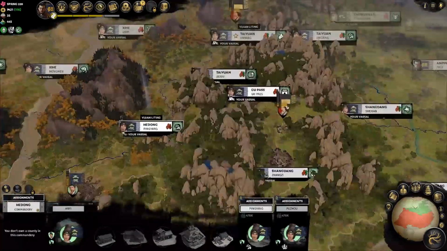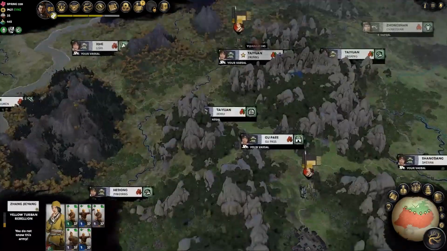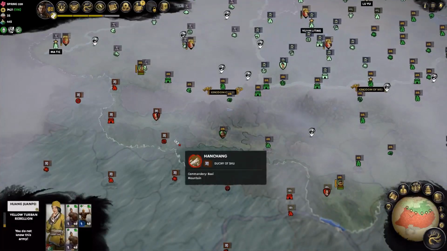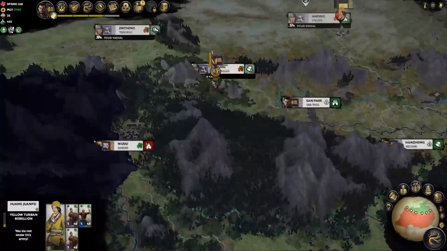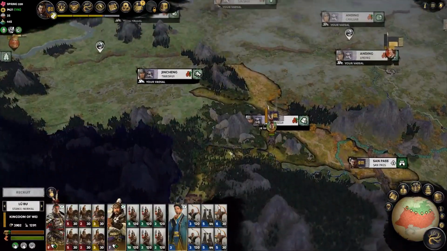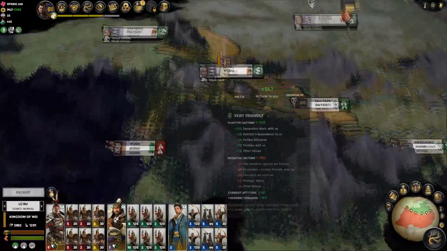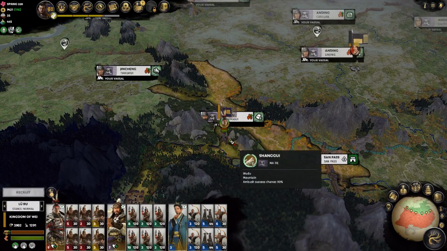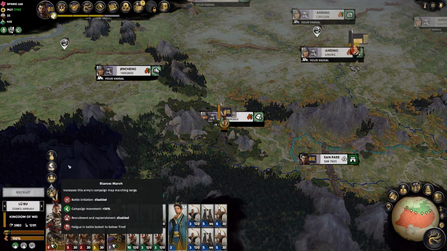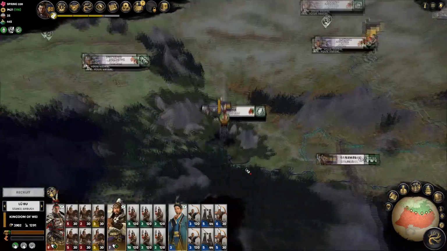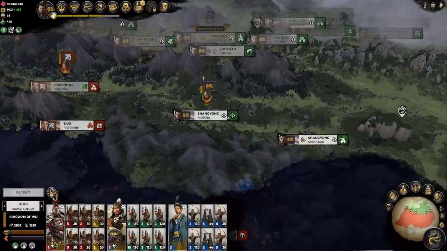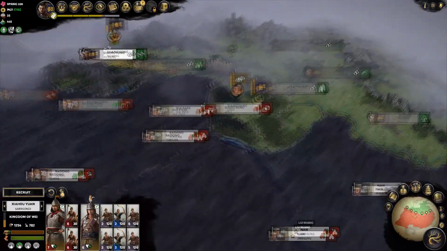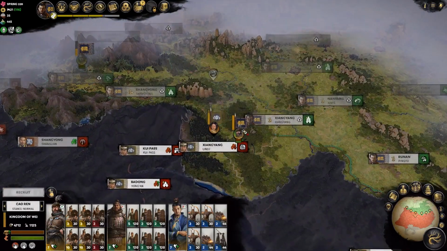Right now, our allies are actually having a lot of problems with yellow turbans. It seems like that's something they have to deal with. But we can't help them. For now, we're gonna have to move out, and I'm fearing that they probably have set up an ambush down here, so you know what? We are gonna do the same here. Hopefully they can spring the trap. Here, this is basically gonna be a defensive army as well, just like all the other regions, but they should be fine. Cao Ren,